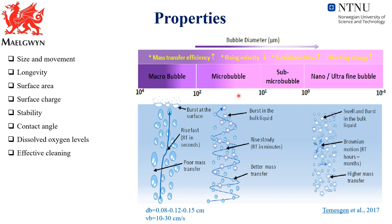And from 100 or 50 micron to 900 or something is considered a micro bubble, and above that, we call them a macro bubble, which is actually the bubble size we deal with in conventional flotation cells, from this area to this area. So what happens when we deal with big bubbles, millimeter size, or even a part of this range,